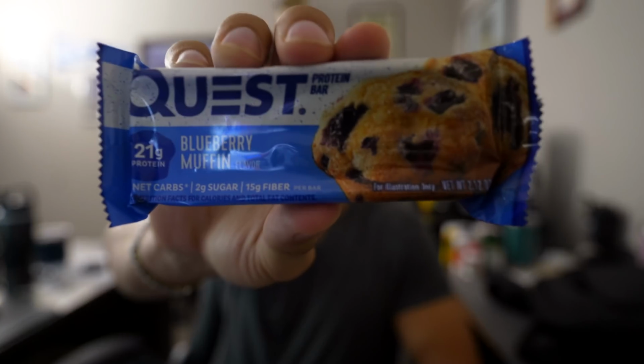And I'm also going to have a protein bar today, the Quest blueberry muffin. OG, one of my favorite protein bars, and still good to this day. Don't get me wrong, I know this is an extremely weird snack, and maybe I'm pregnant, but these are really good. Pretty nice diet hack. So definitely a little different than what I'm used to, but really been enjoying this